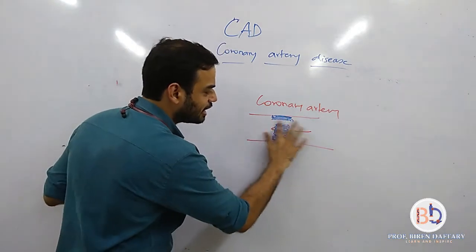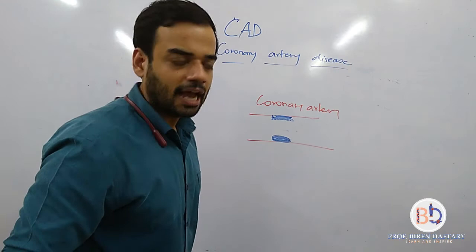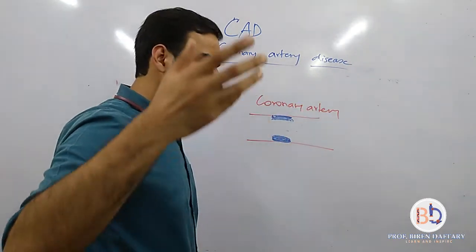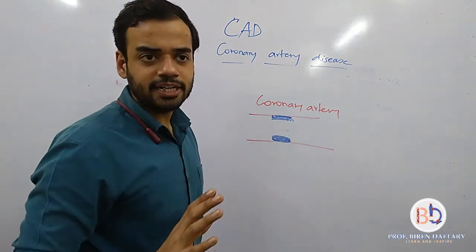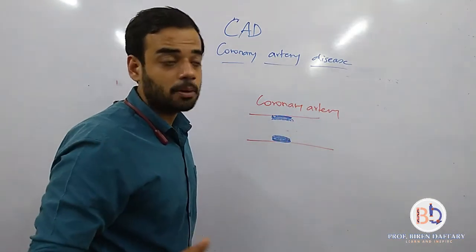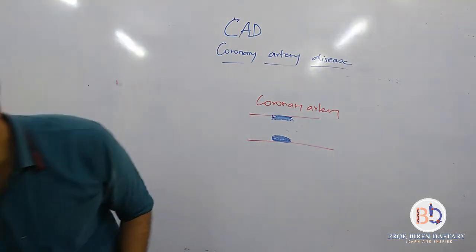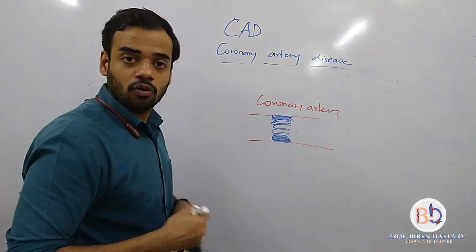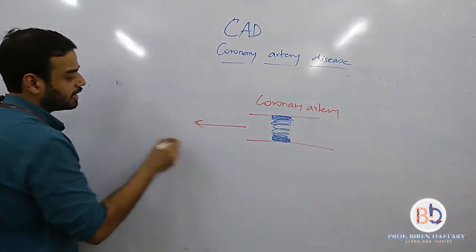See, if it is slightly blocked, blood will still flow. You will have high blood pressure. And because when people have coronary artery blockages, there are many ways to remove this blockage. I am not going to go into that detail. But if this is stopped over here, that person can survive. But if it is not stopped, then this disease will completely block the artery. And when the artery is completely blocked, what will happen is it will result in a heart attack, which is called as